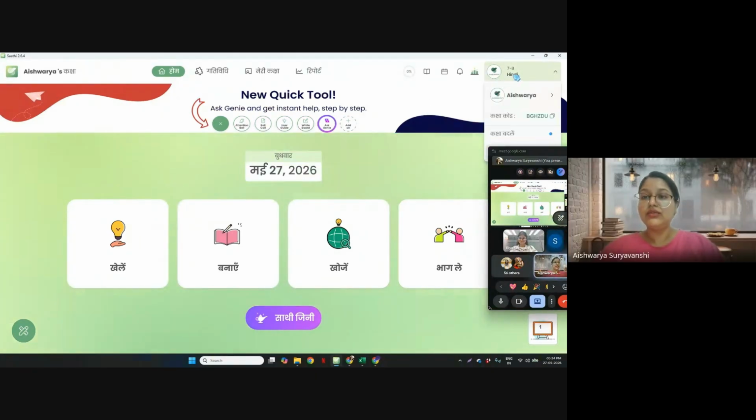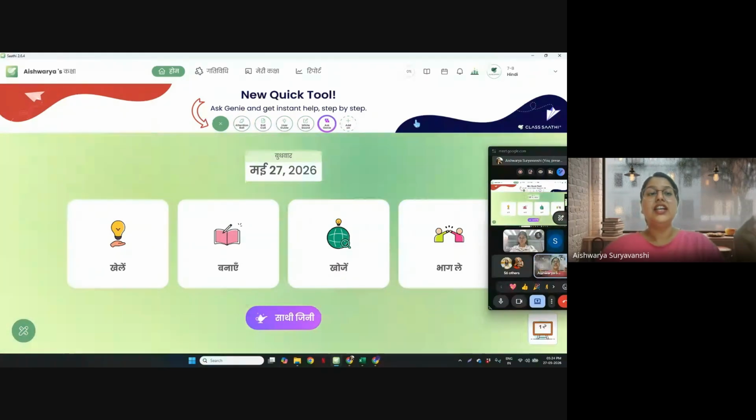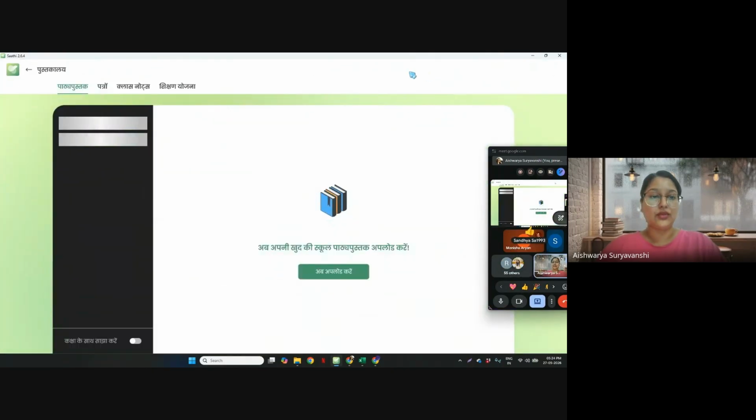So now that we know the create option, which was already explained long back, that was just a refresher. Let me take you to another feature that will be useful for you, which is this textbook option. Although Hindi textbooks are not...